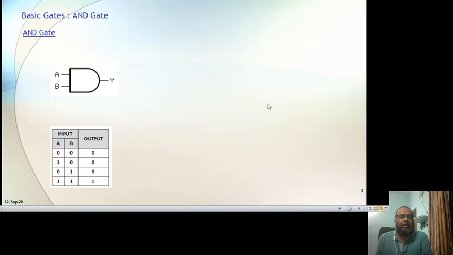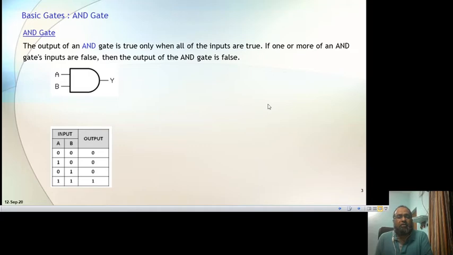One of the gates is the AND gate. When both the inputs A and B are present, or when both the inputs A and B are 1, you are getting an output 1. So this is called the AND gate. The symbol is given as well as a table which is known as the truth table. This shows the true conditions of the gates for different input combinations. You can see the input and output. For 0 0, 1 0, 0 1, the output is 0, and the output will be 1 provided both the inputs A and B are 1. This is called AND gate.